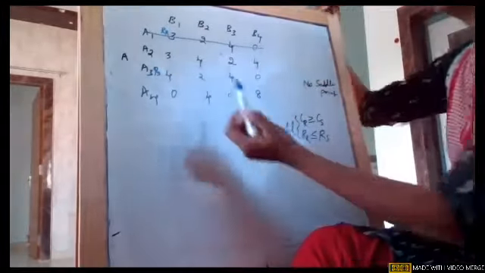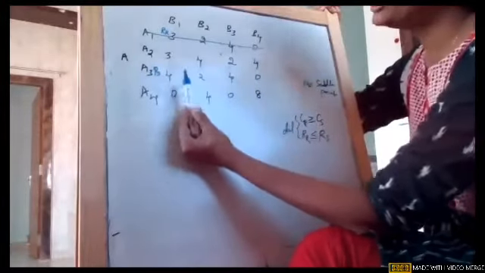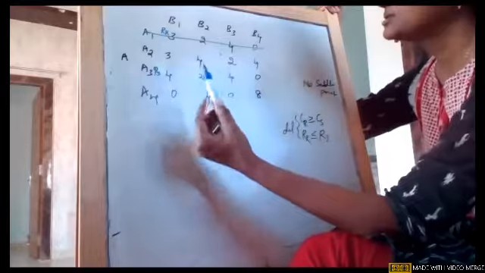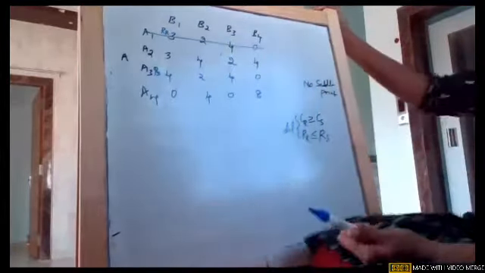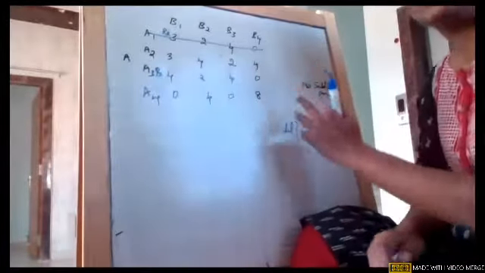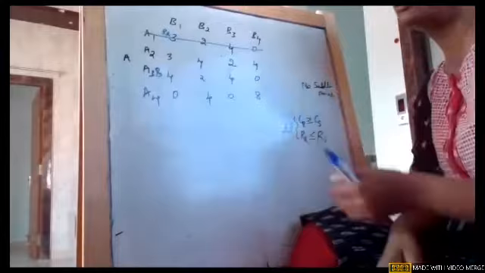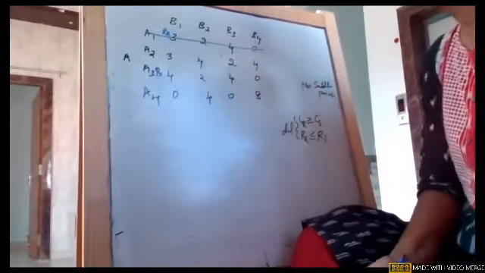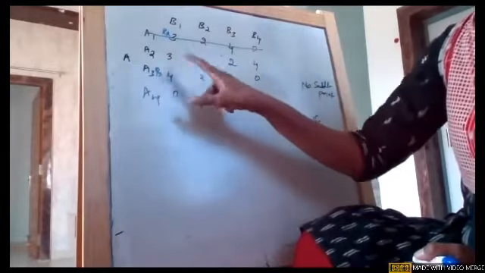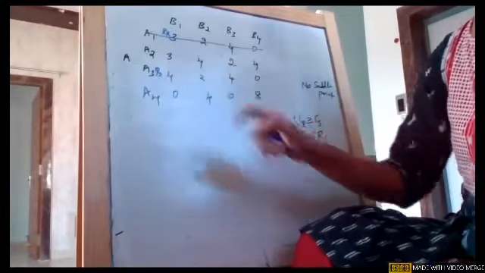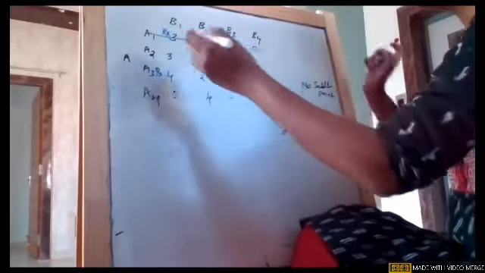Then after this, compare third row and fourth row. 4 is greater than 0, 2 is less than. So again, it is not applied. Now row wise is done, girls. We can't further apply dominance. We will go back to column wise again. As the first column is gone, we will see if there is any change where I can apply dominance in the respective columns. 3 is less than, 4 is greater than, no. 3 is greater than, and 4 is equal. Now this, I'll just write it out.